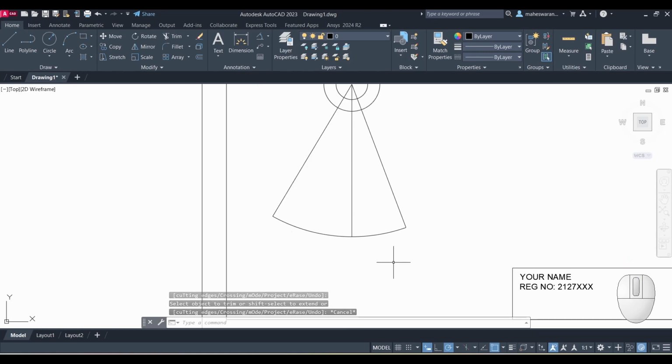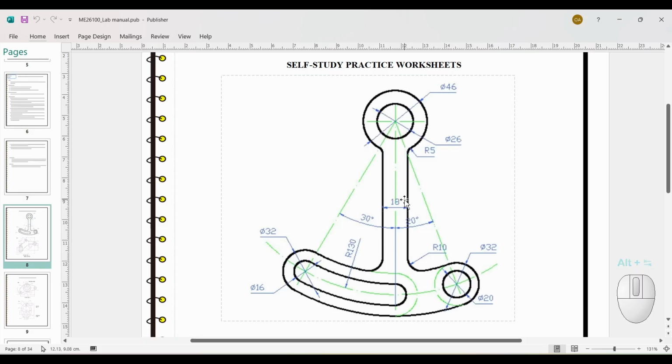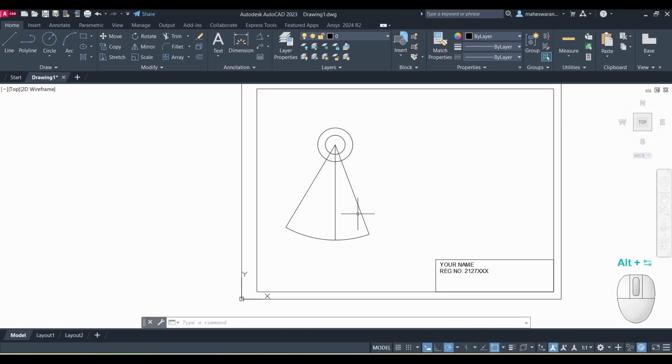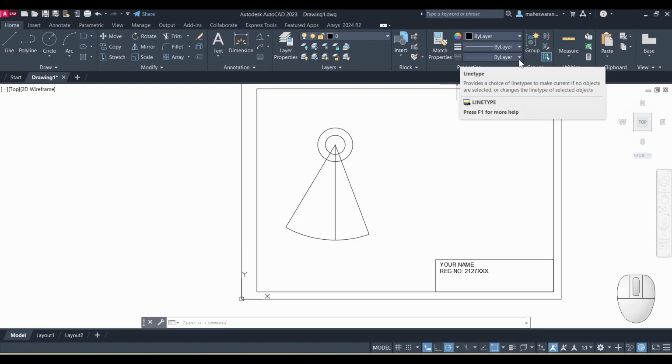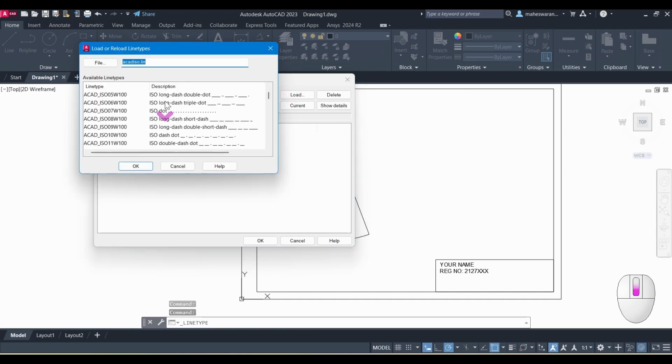So this is the line. So similar to the diagram. If you refer the diagram, there is a line here and there are two more lines with this line. So all this in green color and it is having center lines. Let us do that. So go to properties. In the properties, you can see this is a line type. Go to that, click other,